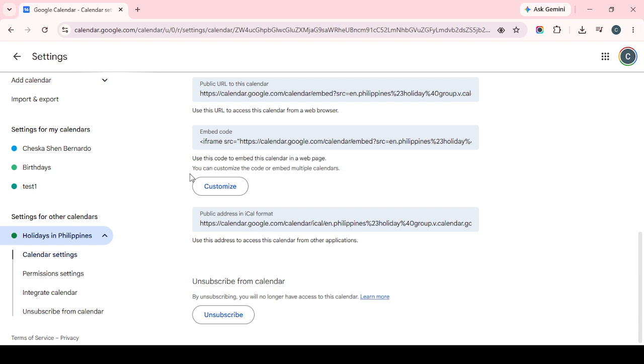With Google Calendar ready in one tab and your Squarespace page open in another, you've set yourself up for a much smoother embedding process. That's it for this part of the setup. You now have the calendar embed code